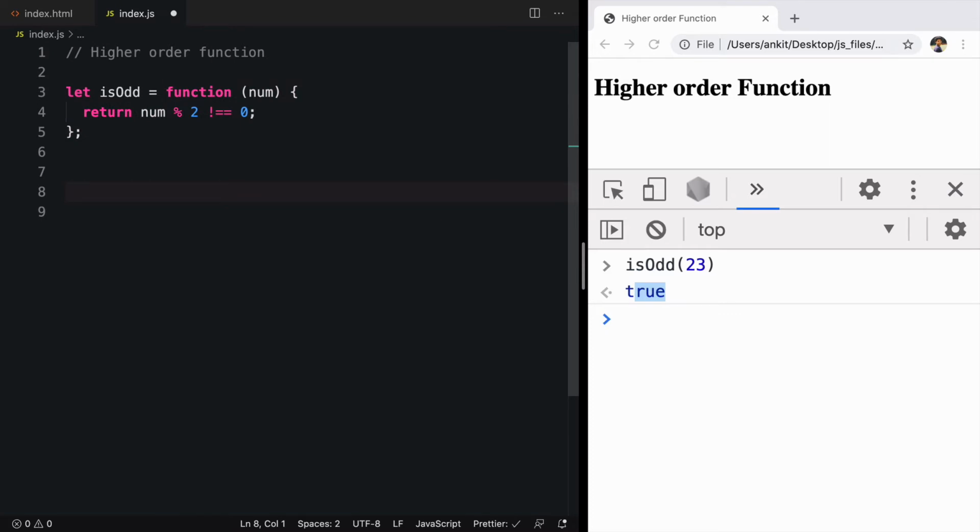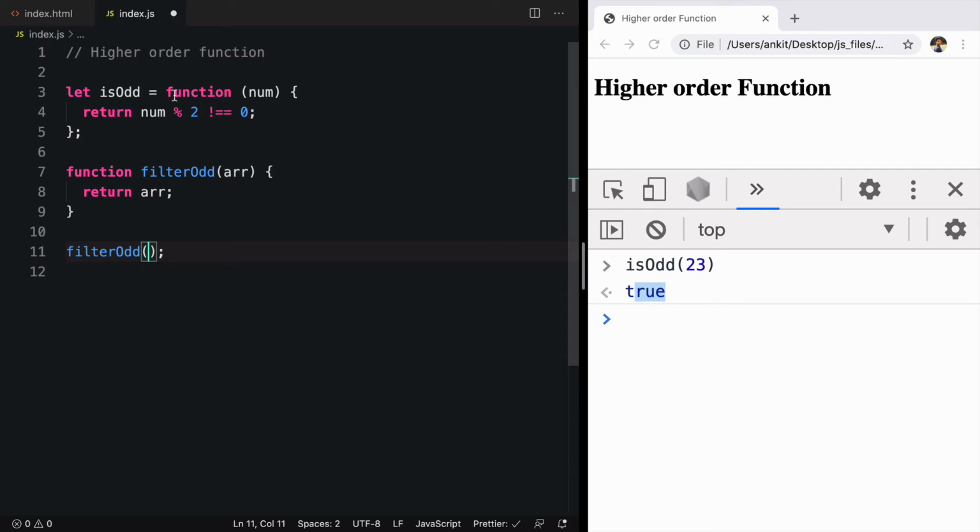Now let's take a look at a different scenario. We'll go ahead and create another function called filterodd that accepts an array. And for now, let's just return the array. When we are calling this function, we can call it with any kind of value. So while calling this function, I can pass any kind of array. I can pass 1, 2, 3, 4. A function accepts any kind of expression that you pass in. I'm passing an array here. An array is an object. And as we know that a function is an object is an expression, can I pass a function inside another function?